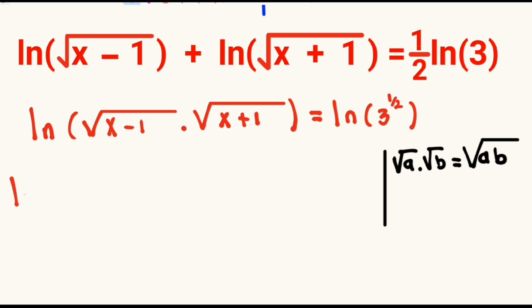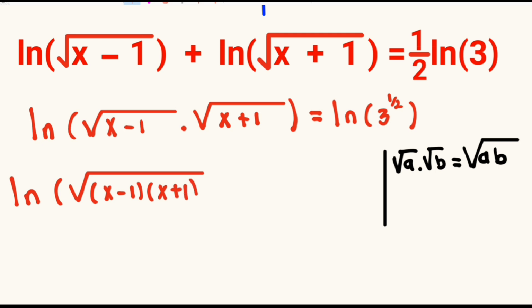So we have the ln of the square root of x minus 1 multiplied by the square root of x plus 1, which we can express as the square root of x minus 1 multiplied by x plus 1. This will be equal to the ln of 3 raised to the power half, and the 3 raised to the power half can be expressed as the square root of 3,